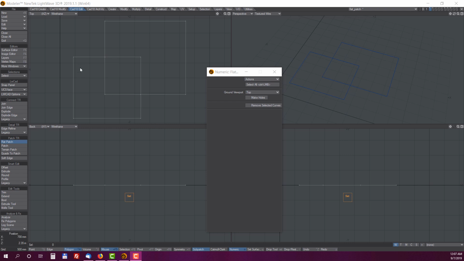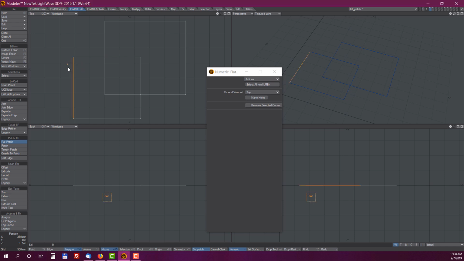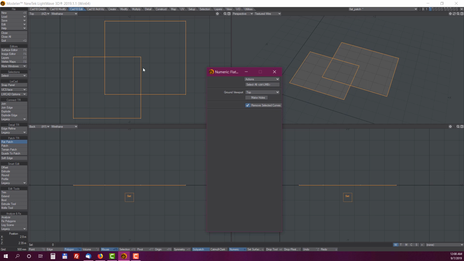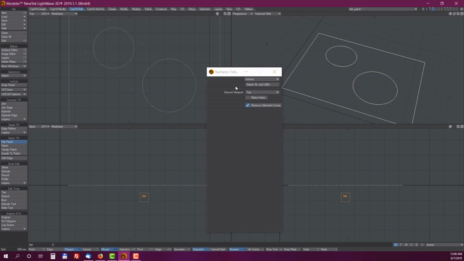It creates flat patches or flat surfaces from selected NURBS segments or edges of polygons or edges of NURBS surfaces. So you just select edges and flat surfaces are created. You can do it interactively, or you can select all with this button or by holding the Ctrl key and clicking into the viewport. So this is pretty easy, and you can also remove selected curves when there are any, and you can also